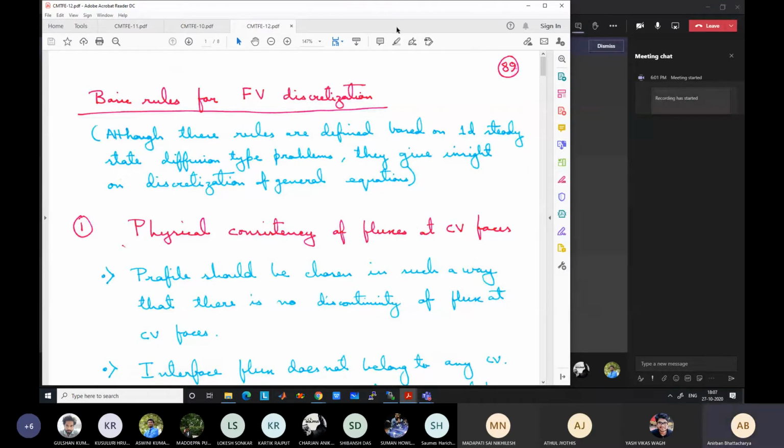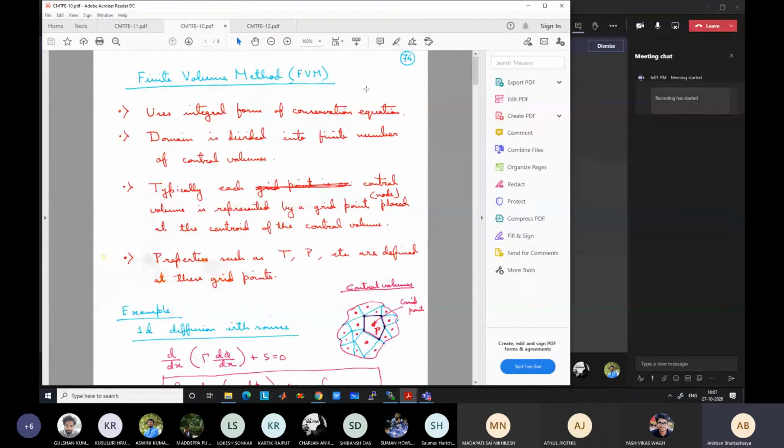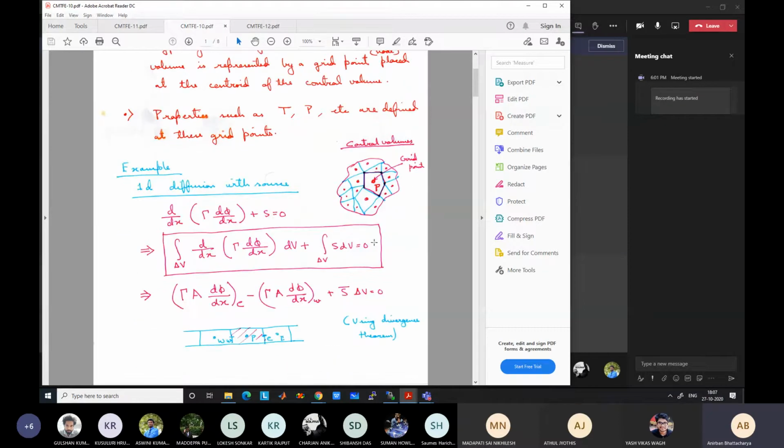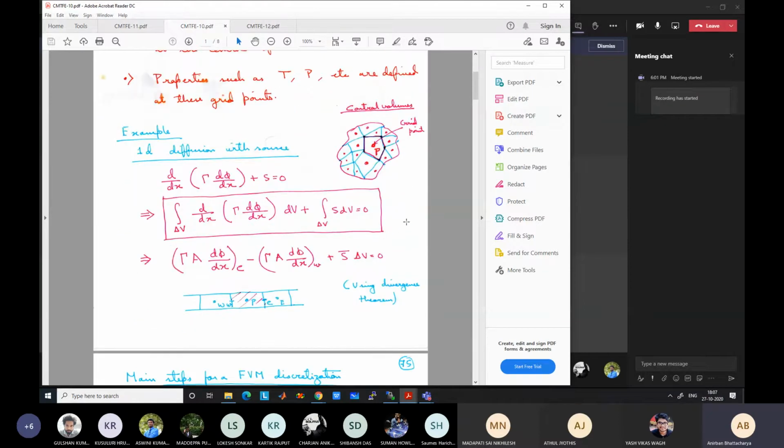So we have started after the midterm. We have started about finite volume method, and we are going through the basics of finite volume method. We have had two classes where we have seen what is finite volume method. I'm just giving you again a brief revision of this, where we integrate the governing differential equations over small domains, subdomains, which are known as control volumes. Each control volume is represented by a grid point, generally at the centroid or at the center. Centroid means basically the center. So if it's a complicated domain, you can calculate the centroid point.